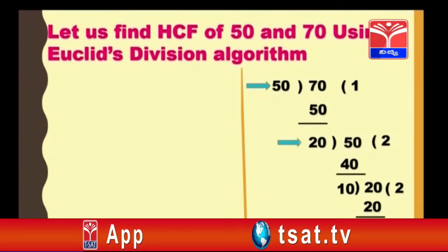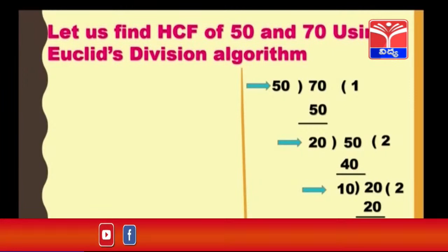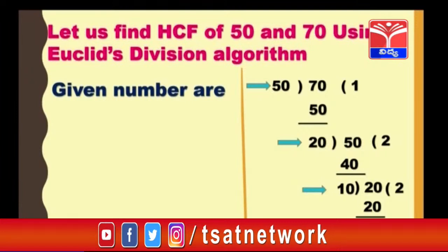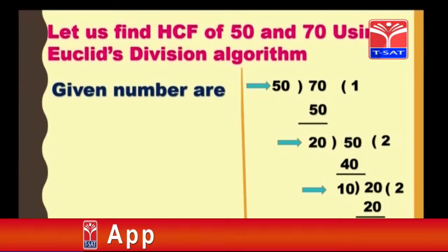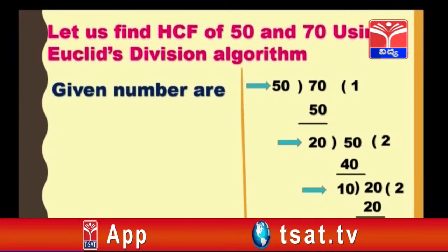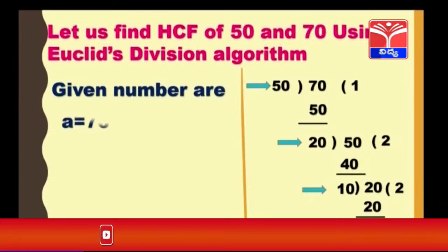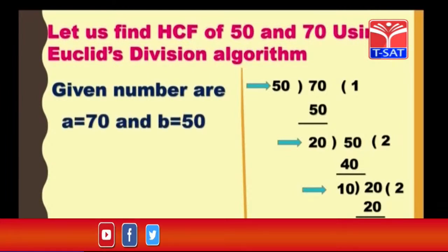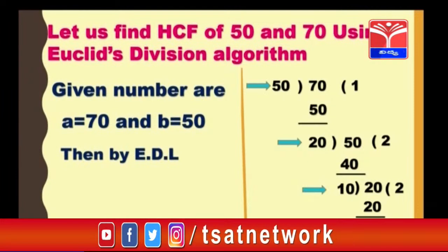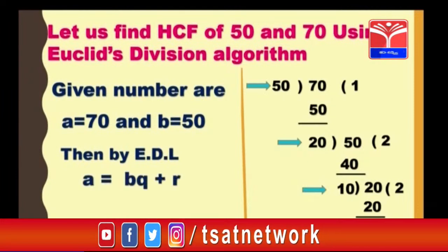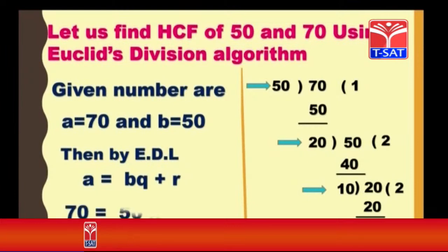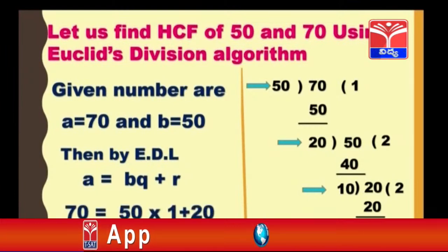Let us do the same problem using Euclid's division lemma, which can be used as Euclid's division algorithm. The process of doing this problem is Euclid's division algorithm, in which we are using Euclid's division lemma. That's why this process is called Euclid's division algorithm. Given numbers are A equal to 70 and B equal to 50. Then by Euclid's division lemma, A is equal to BQ plus R, which can be written as 70 is equal